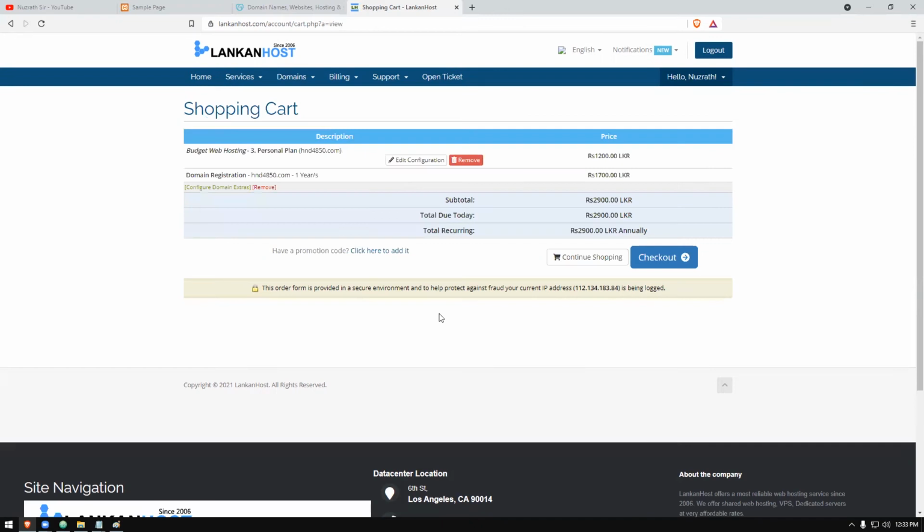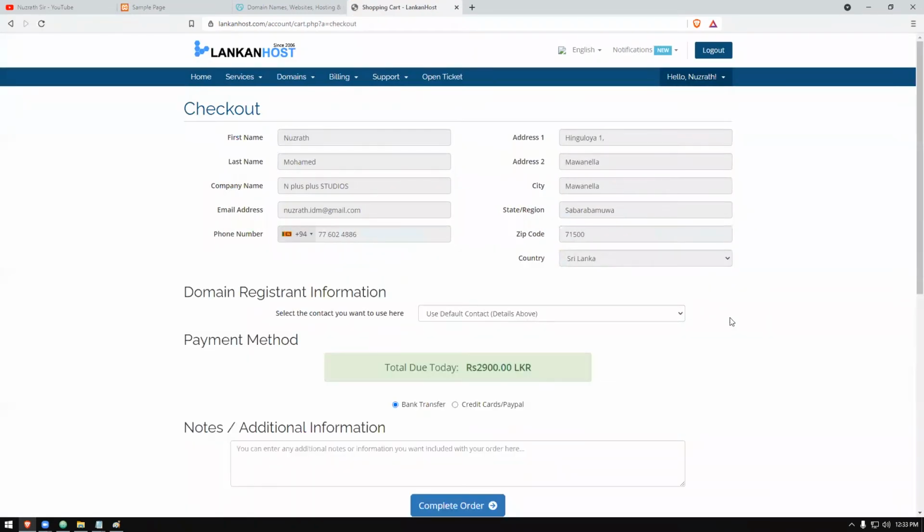I want to keep this part very short, children. Then this is basically my checkout information, and I can check out from here and do the payment. If I check it out, this will be billed. I have to do the payment. So this is how I can complete the order here. There are two options, totally 2,200 for this one domain and 1,700 for the package. Altogether 2,900 per year is my total charge.